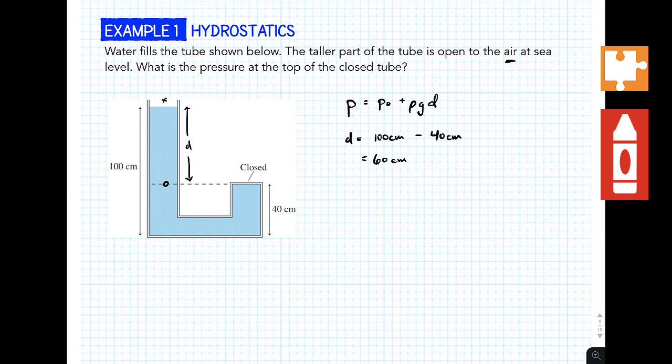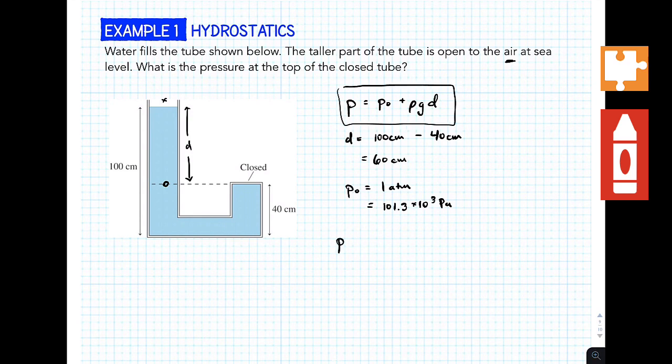We also know that P naught in this case is going to be 1 atmosphere because we are open to the air here. And since we're open to the air, and we're at sea level, we know what the pressure is. It's atmospheric pressure. But of course, we want this in pascals, which is 101.3 times 10 to the third pascals, because that's the unit we like to use in physics. Okay? So now that we know that, we can plug that into our equation.